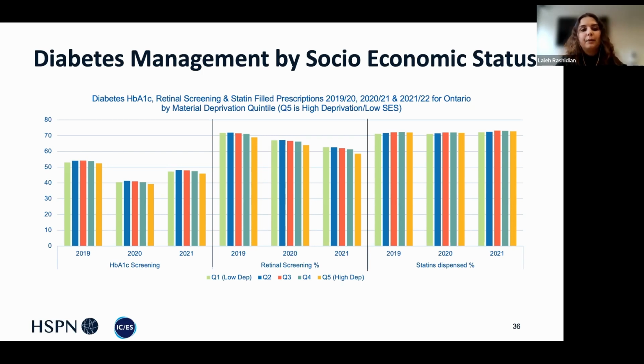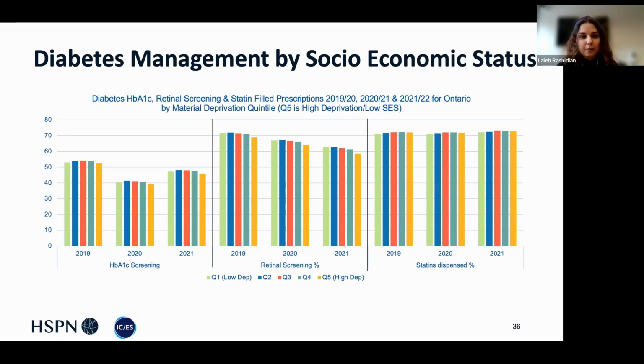So on this slide, we have our 3 population management diabetes indicators. So we have the HbA1c screening, we have the retinal screening, and the statins dispensed. So if we start off with HbA1c screening over here on the left, you can see that in 2020 compared to 2019, there was over 10% drop in the proportion of our patients that were up to date with HbA1c screening. In 2021, this has recovered somewhat, but it's not yet at the level that it was prior to the